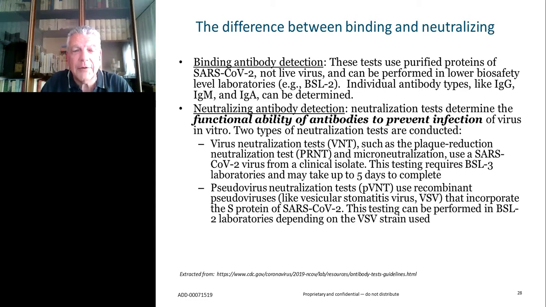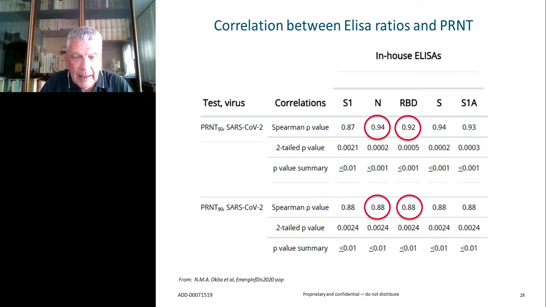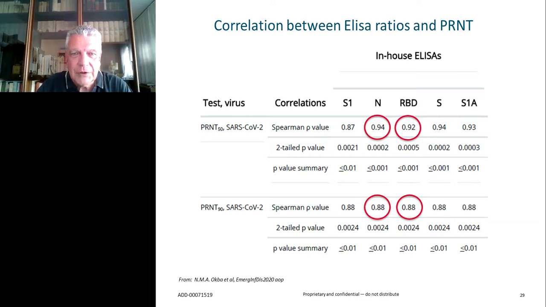What people would like to see is any degree of concordance or correlation between the binding antibody detection and the neutralization activity. And indeed, there is a bit of evidence on that we may share. The point of having a correlation between ELISA ratios and neutralizing activity has been raised and demonstrated in quite a few evidences and independent papers.